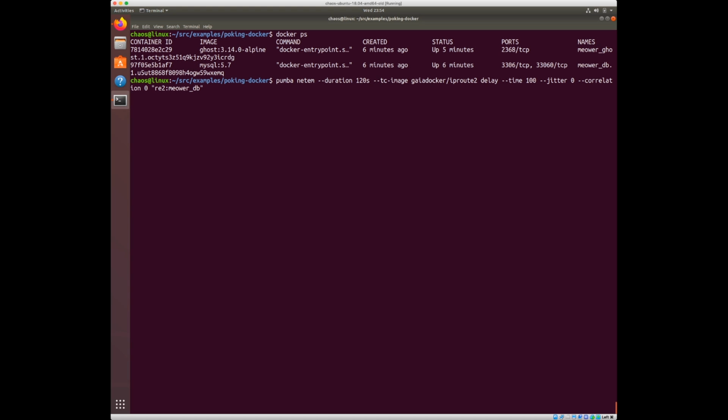So for example, my meower_db is going to match everything that starts with it or includes that. So in particular, the name of meowerdb that we were looking at before, the one here, is going to be matched. All right, so I'm going to go ahead and run it. And what it should do is start that other container, execute the stuff, and end. So I'm going to start another tab so that we can see what's going on.